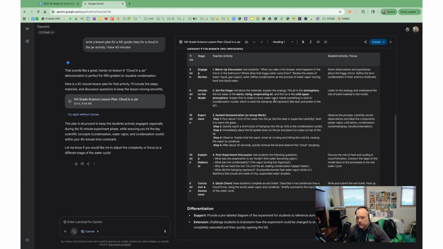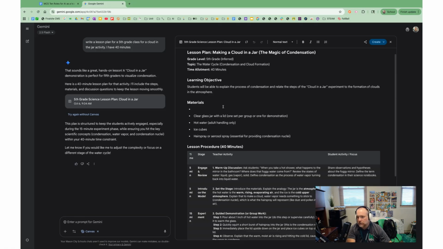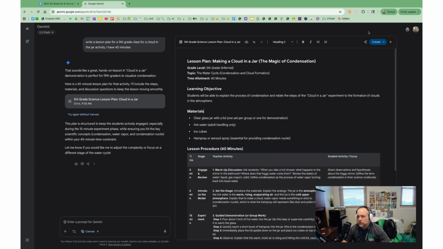What's great about this is it's now gone in and made this, and I can co-type with it. If I need to add something, I can type alongside because it's in this canvas mode, and I can also just type my own thoughts or modify this. What I wanted to show you is that anytime you create something, you can always just export that straight to